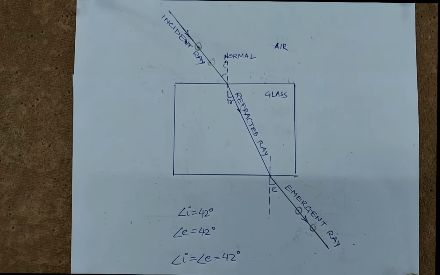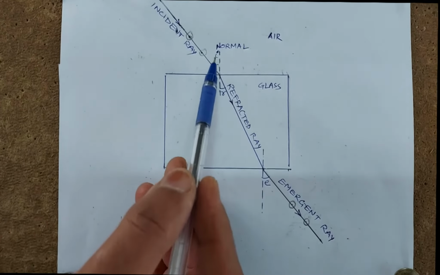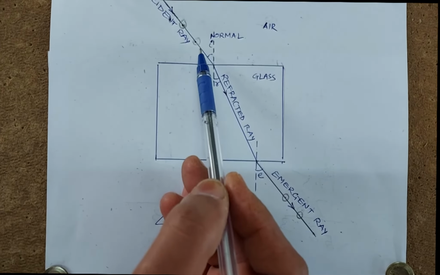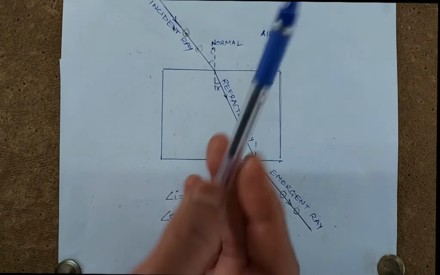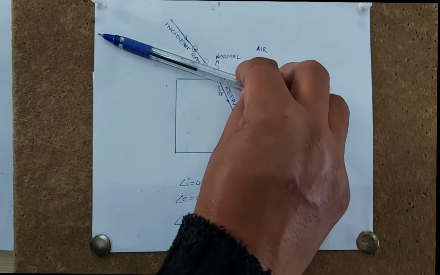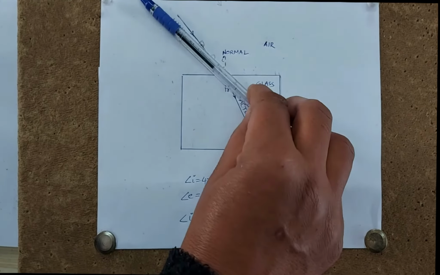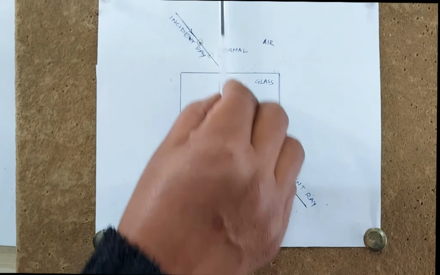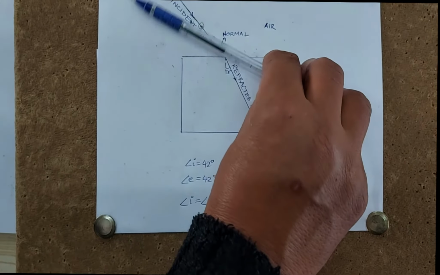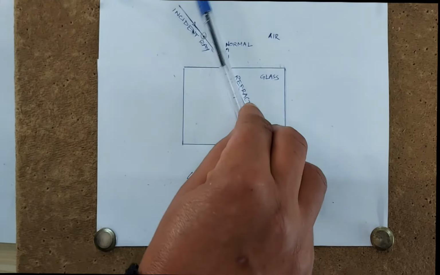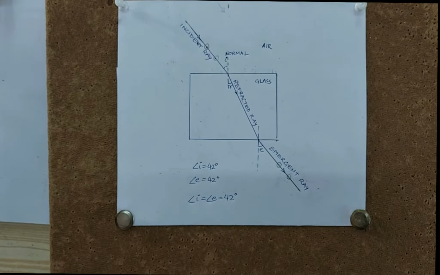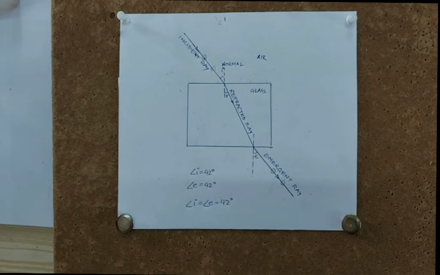The only point to be kept in mind is that the angle of incidence, out of your estimation, you have to take care that it falls between 30 to 60 degrees. This means that your pins should not be aligned too much like this or too much like this with respect to the normal. They should fall somewhere between 30 to 60 degrees. This is very important to get the right answer.